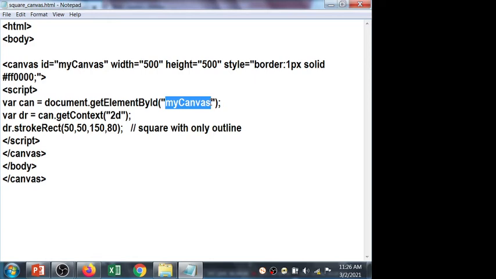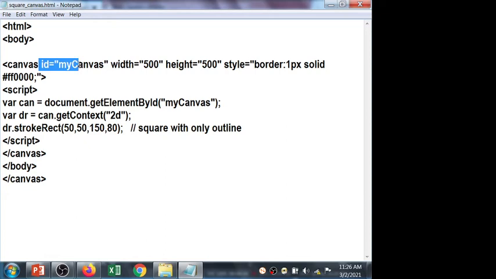In the previous line with the canvas ID. Now you understand the main purpose of the ID, that you are calling the canvas. Which canvas? The one with my canvas name, right? For example, out of 120 students, if I want to call a particular student, either by roll number or by name, I can call him or her. So that's the identity of the student.